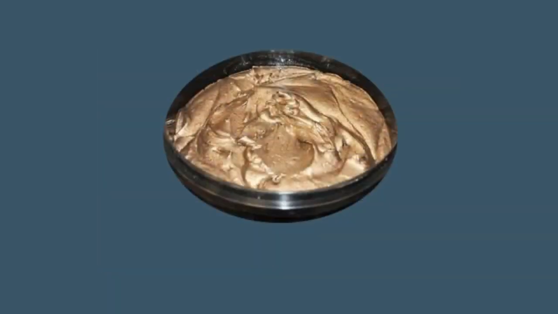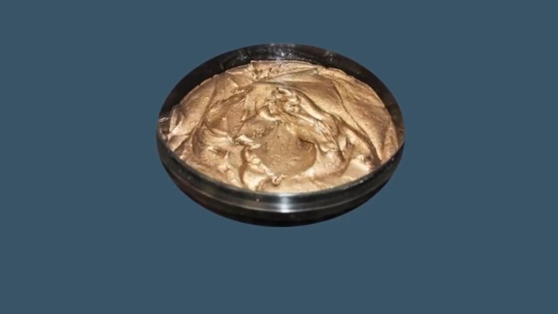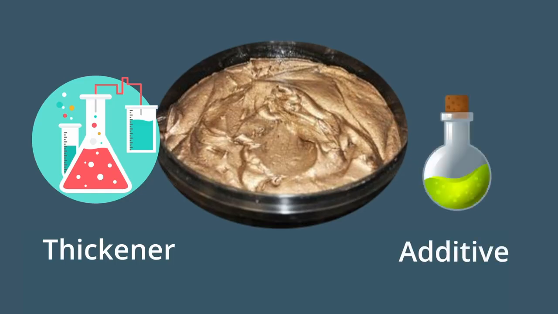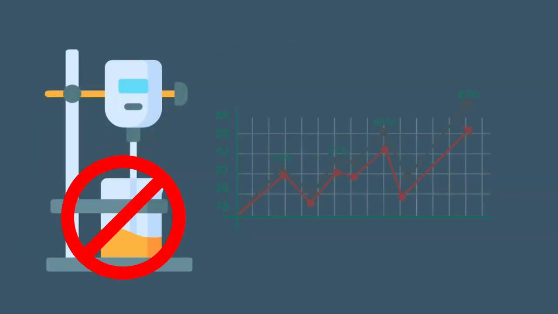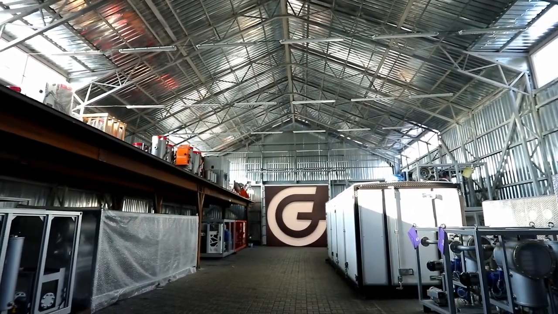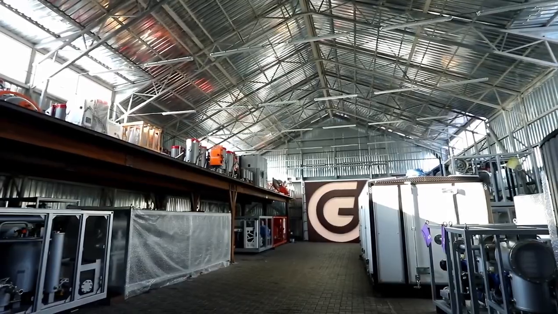However, these properties can only be attained if graphene is uniformly distributed throughout the lubricant volume, regardless of whether it is used in reasonably large amounts, as a thickener, or in small amounts, as an additive. Conventional mechanical agitators cannot cope with this task, which does not allow attaining the optimal tribological properties of the lubricant. Therefore, Globecor has developed an innovative technology for mixing and uniform distribution of graphene lubricant constituents, which is implemented in